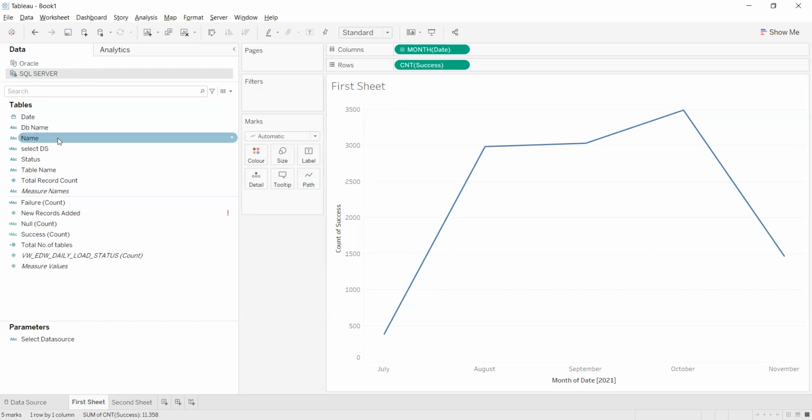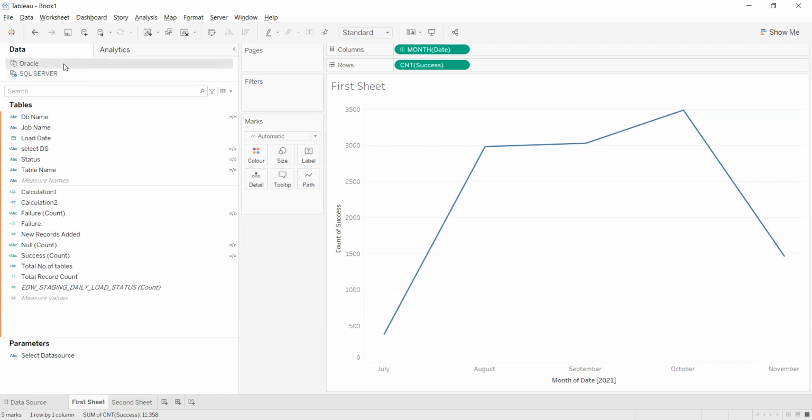First thing, forget about the calculated fields. Those will automatically be added into the new data source. From the SQL Server, we are just getting the columns, the dimensions and measures, and some columns we have created at the Tableau end, which are nothing but calculated fields. So first we have to check that whatever columns we have in the SQL Server, the same names and the same data types should be available in the Oracle.